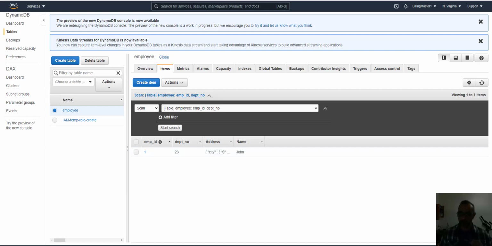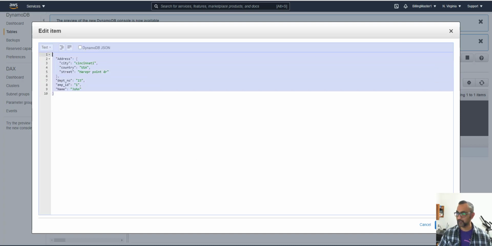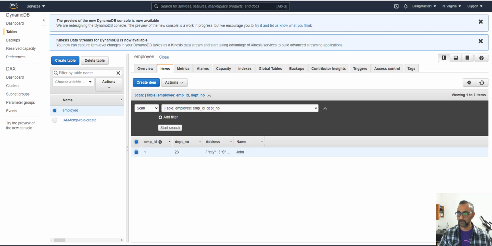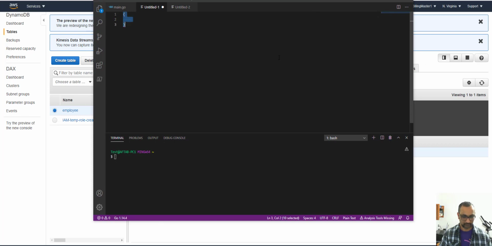The easiest way to add data is to go back to this, take the text value type, and copy that onto your notepad or your Visual Code. You can change the employee ID to 2, name to Smith.